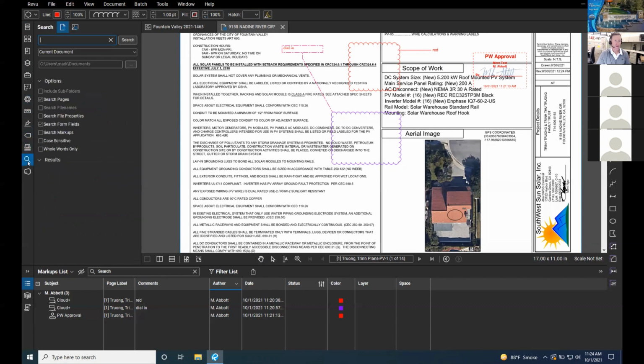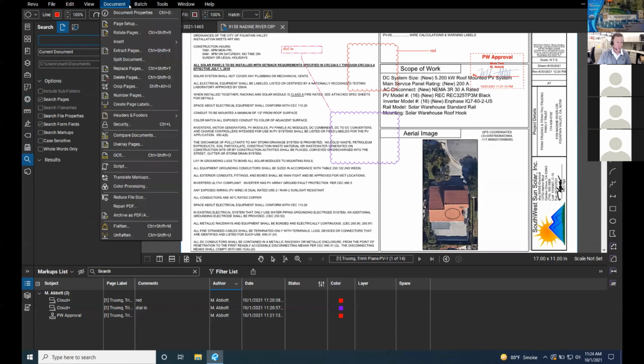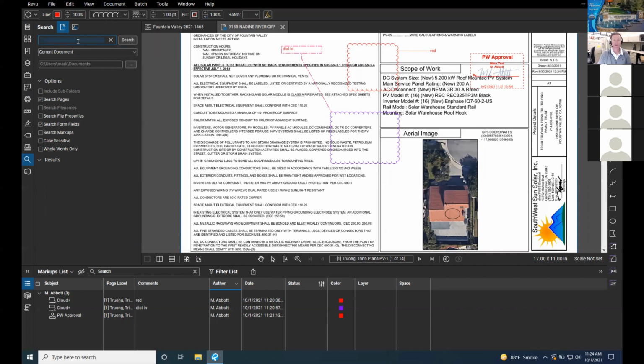If the document is OCR'd, if it has optical character recognition, you can even do it yourself, I believe. Can you do OCR? Where's OCR? There's OCR. If you have a big plan set, you can have Bluebeam OCR it for you, and so you can have it read the entire document. And then if you need to search for a certain word,